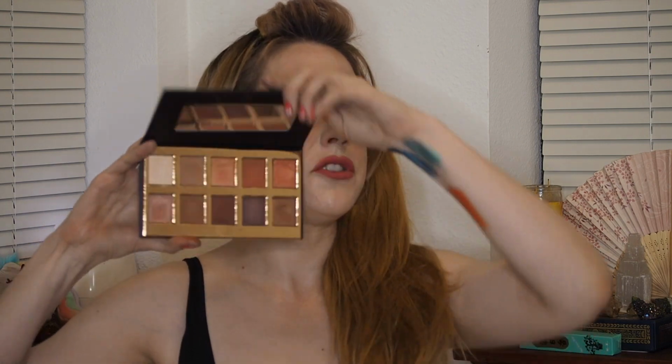July, we have the Crown eyeshadow palette. Showing this to you earlier, of course. And all of these shades, like I said, they look a little bit different in the pan than they do swatched to me. But again, I'm not really mad at it. Let's figure out how to swatch better in the future. I'll figure it out. I promise I'll figure it out. Anyway,